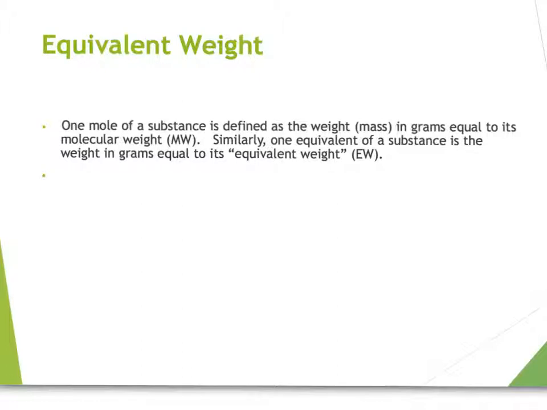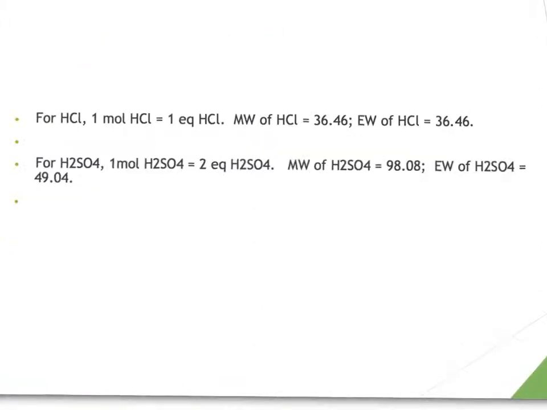1 mole of a substance is defined as the weight in grams that is equal to its molecular weight. So 1 equivalent of a substance is the weight in grams equal to its equivalent weight. Let's use our previous acids to look at equivalent weight. For HCl, 1 mole of HCl equals 1 equivalent since 1 hydrogen is present. The molecular weight of HCl from the periodic table is 36.46. The equivalent weight of HCl would be